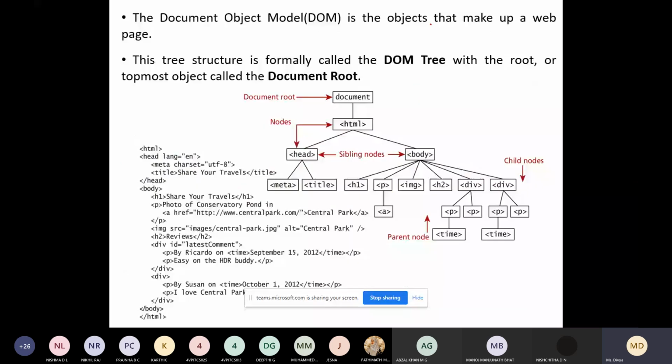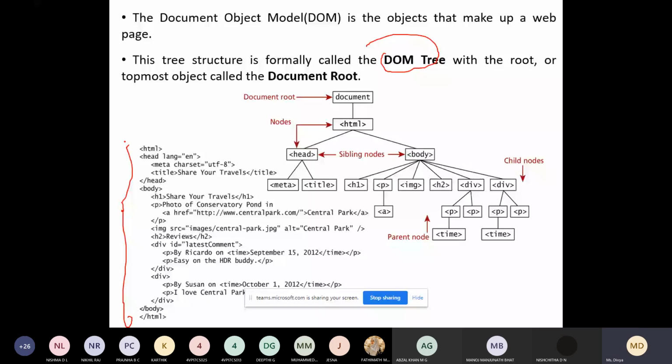Using the DOM concept, you can represent the entire page in the form of a DOM tree. The entire web page, when you are writing websites, can be structured in the form of a tree. That tree is called the DOM tree. So let us assume that this is your HTML web page. This entire code can be represented using a DOM tree. So this is your DOM tree.